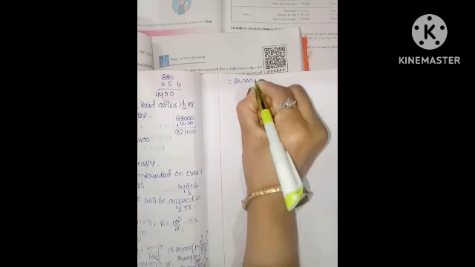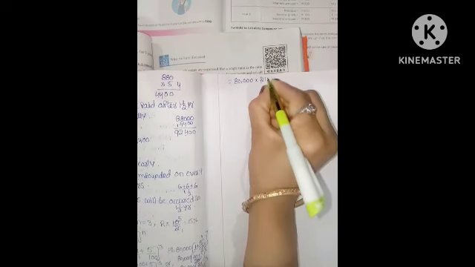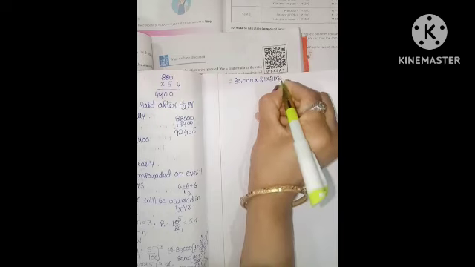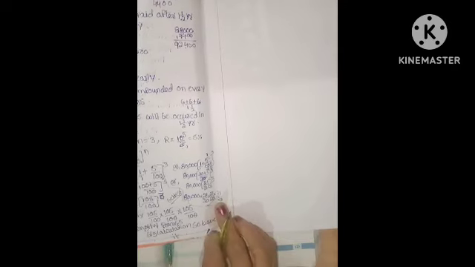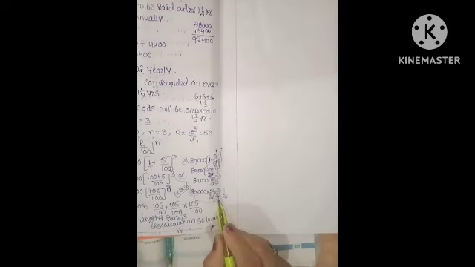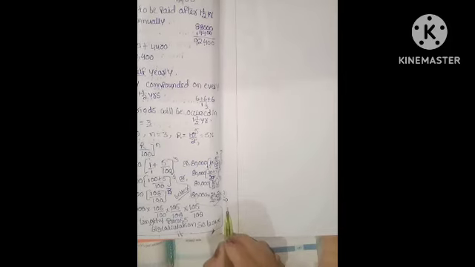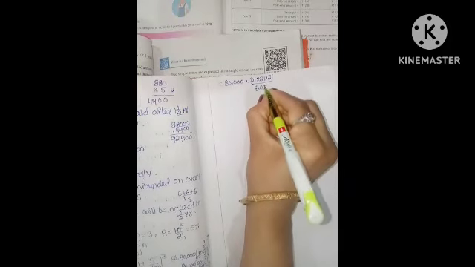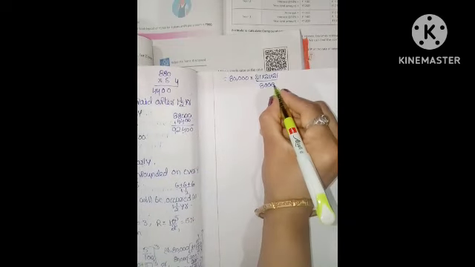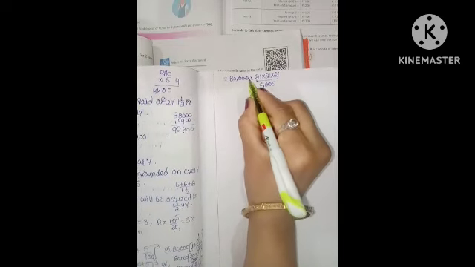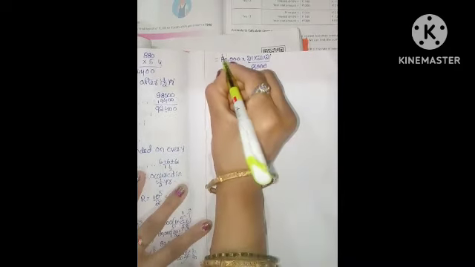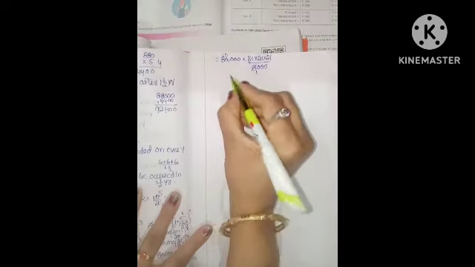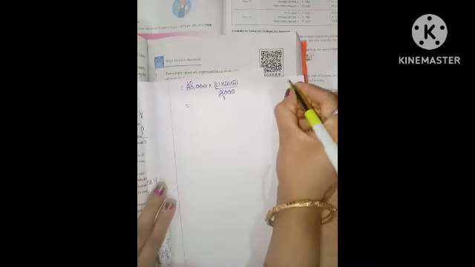So 80,000 into 21 into 21 into 21, divided by the denominator 20 into 20 into 20. So 2 into 2 is 4, 4 into 2 is 8, triple zeros: 8000. 3 zeros cancel, and in the 8 table, 8 1 ja 8, 8 10 ja 80. So multiplication of these three terms, 21 into 21,